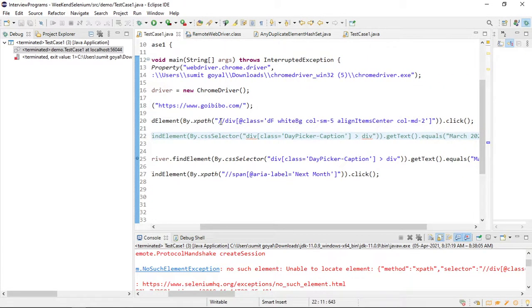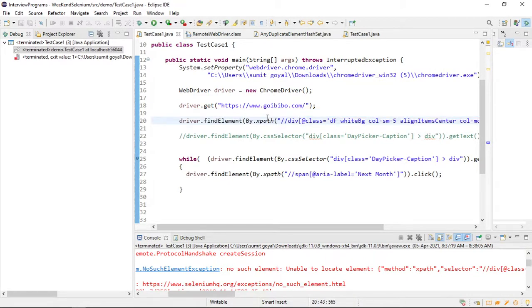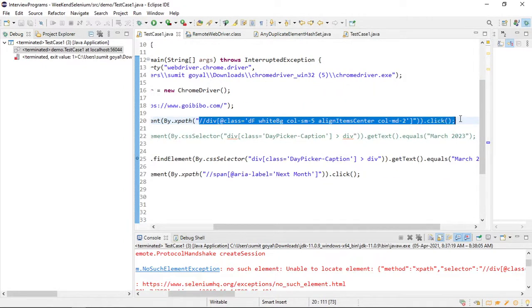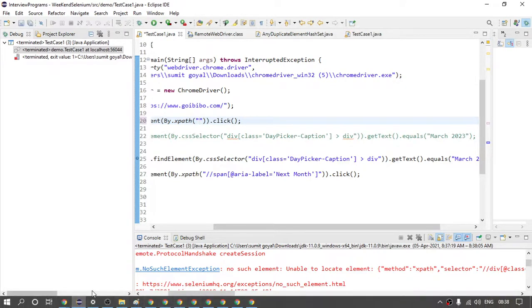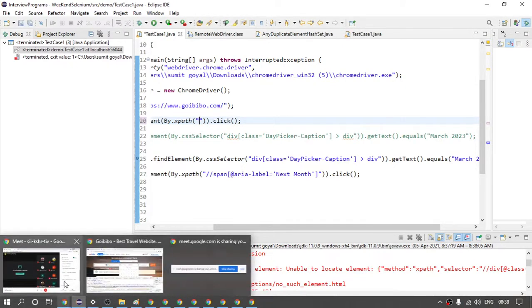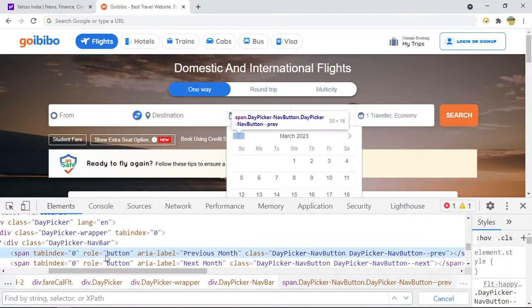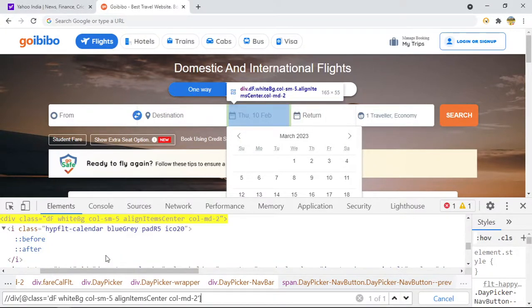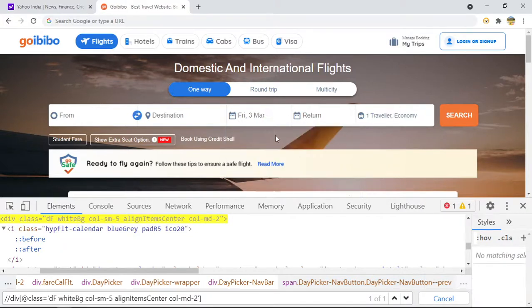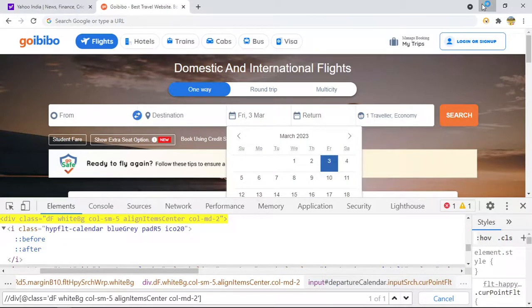Is this XPath correct? So the XPath is correct.